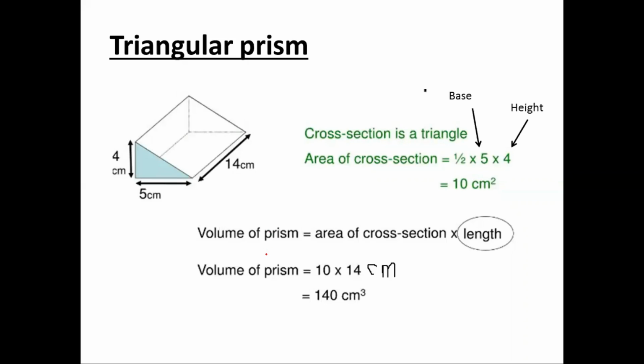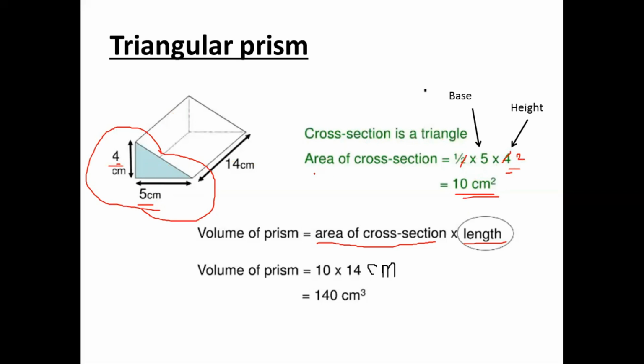For a triangle prism, the volume can be calculated by multiplying area of the cross section and the length. So when it comes to area of the cross section, we have to take this triangular face as the cross section of the area, and then we'll see how we can find the area for the triangle. That is half into base into height. So half into base, that is 5, and here the height, that is given as 4. So when we multiply that, we get 10 centimeter square.